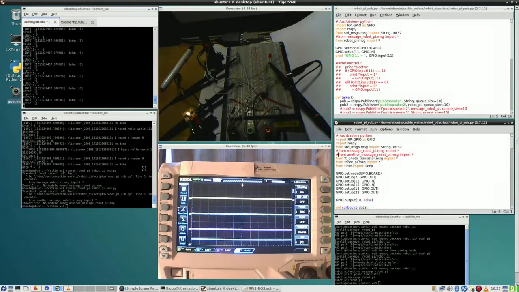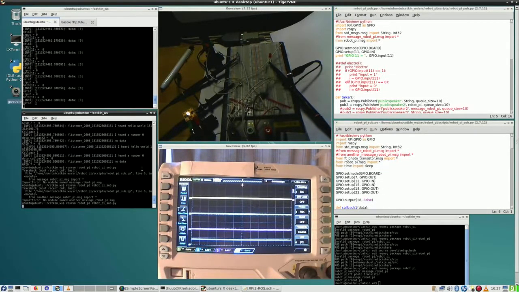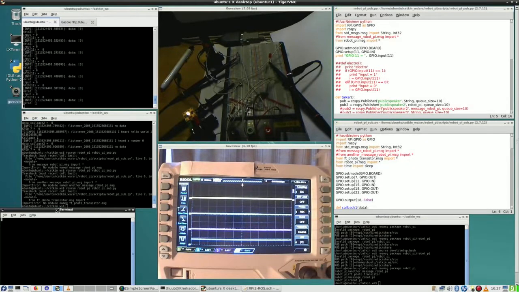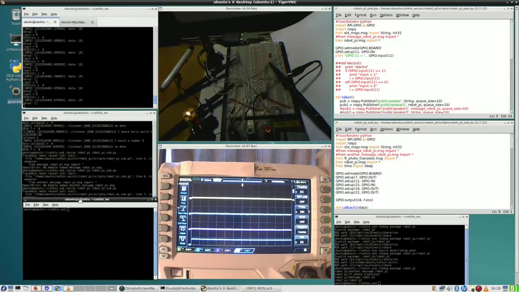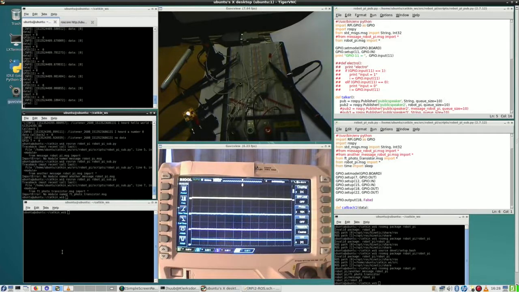Right now it won't find photo transistor. Yep. But stubborn question. Why? So I open up another window, and I must remind myself that I first have to enlarge this one a bit, otherwise I can't read. I first have to source the setup again,